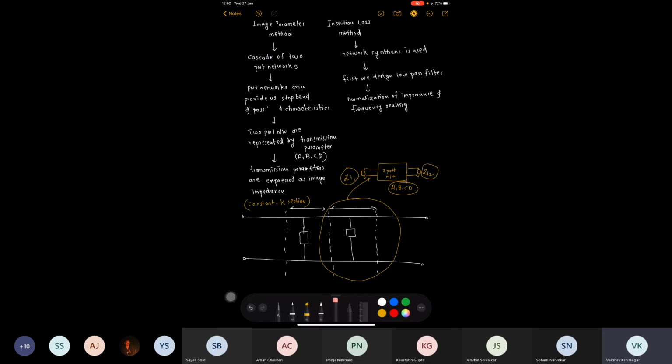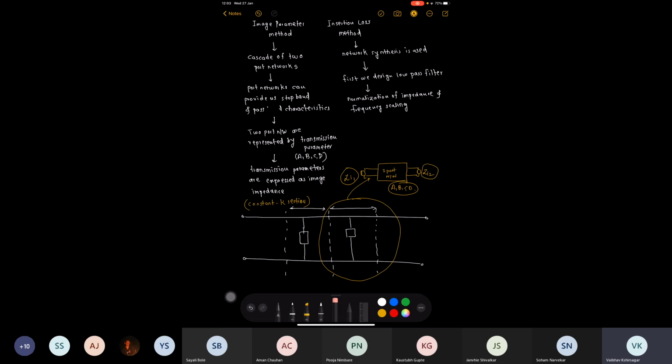So that is a commonality between image parameter method and insertion loss method, right? So inductors and capacitors we are going to make use in both methods. But remember that insertion loss technique of filter synthesis is much more sophisticated when it is compared